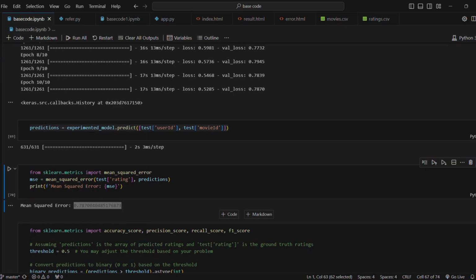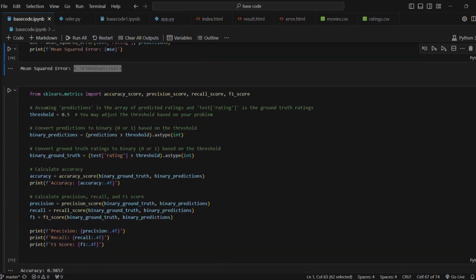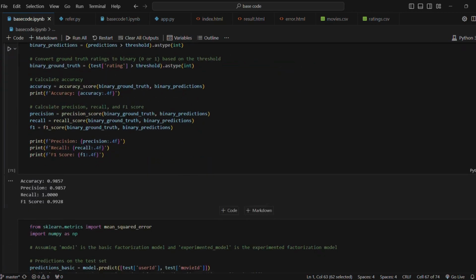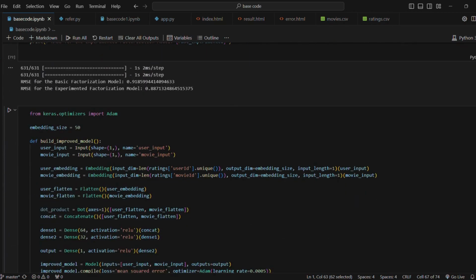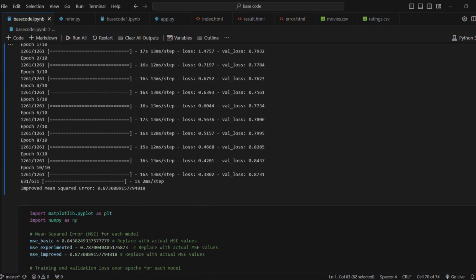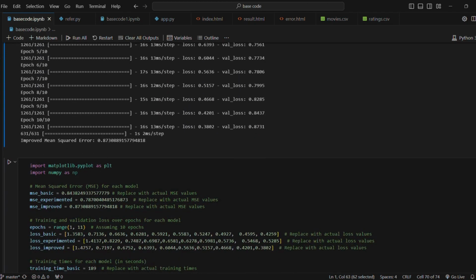So now we got the second model, and one more variation I tried. What I did was I added a little bit more dense layers. Dense layers means the embedding layers in between the input and output layer. In this other model I got an MSE of 0.87, which is more than our first model itself. So it's not a better result, but it's a result nonetheless.